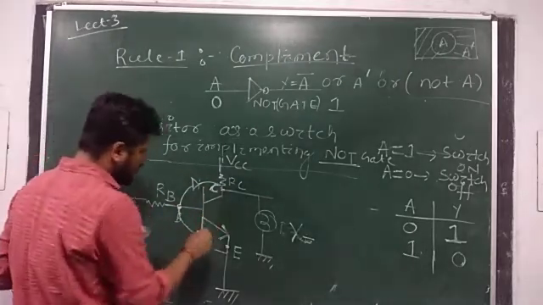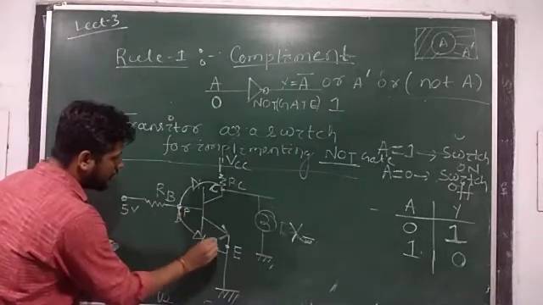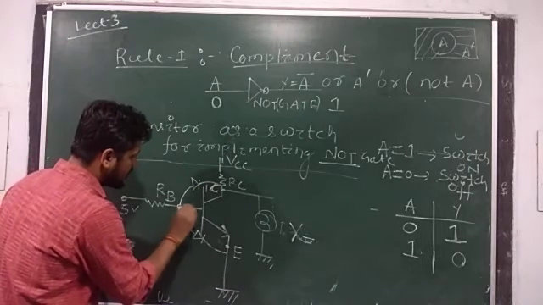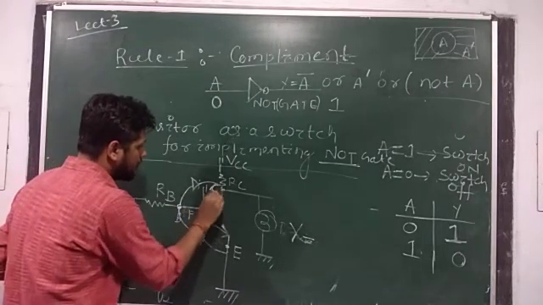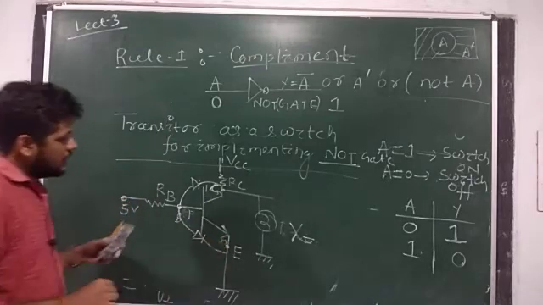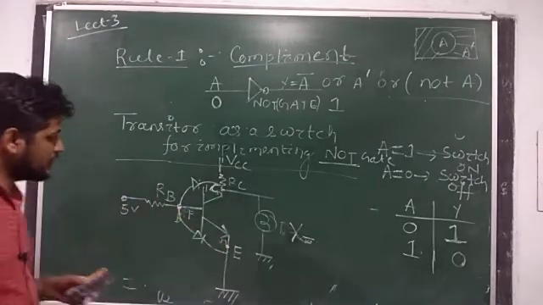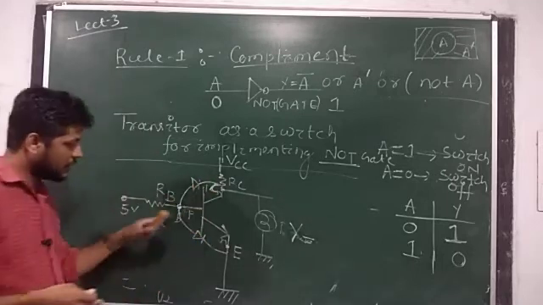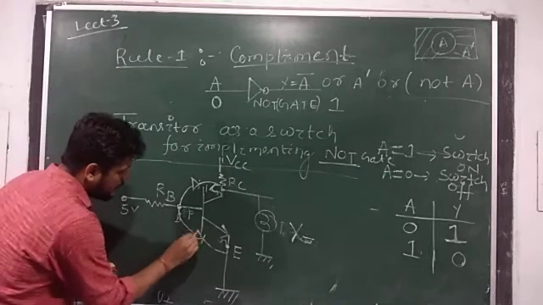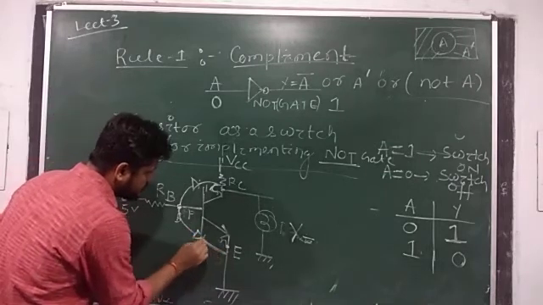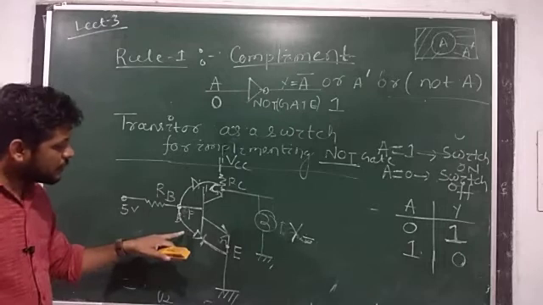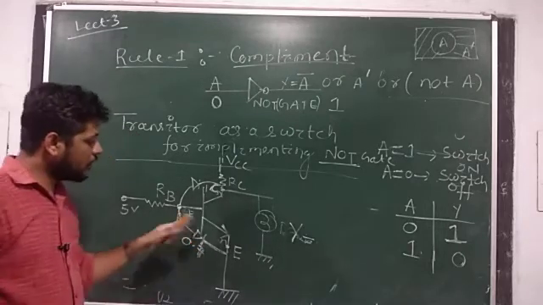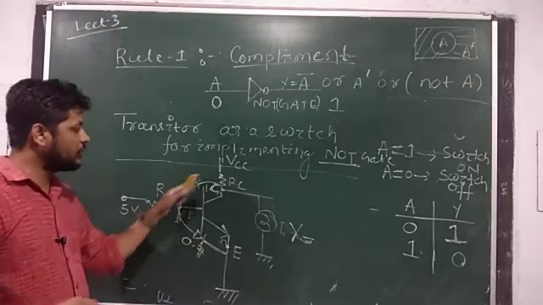Here this is an NPN transistor, hence this is your N, this is P and this is N. Okay, this is your NPN transistor. A transistor is nothing but 2 diodes connected back to back. Here I am taking this diode. In case of a silicon transistor, we need minimum 0.7 volt to turn on this diode and obviously 0.7 volt to turn on this diode.